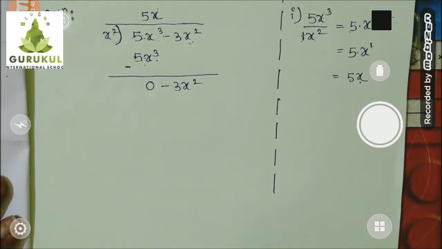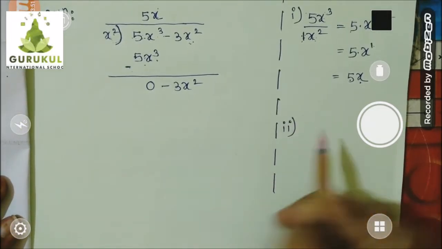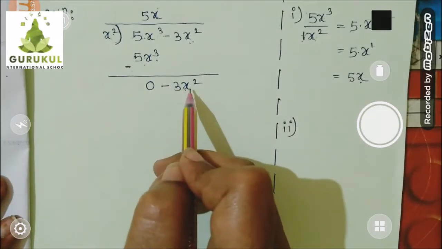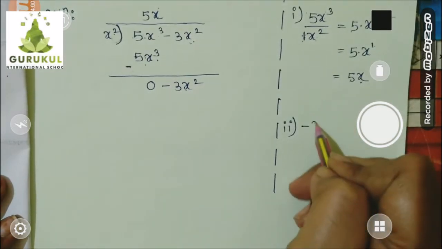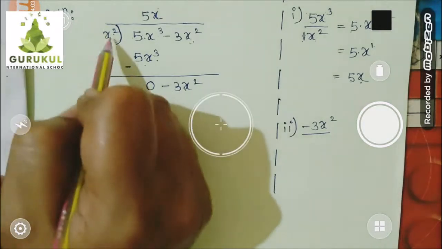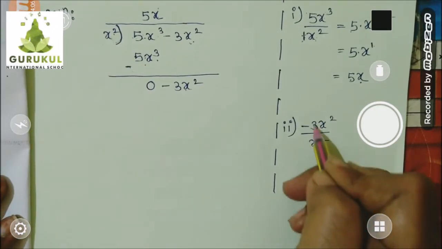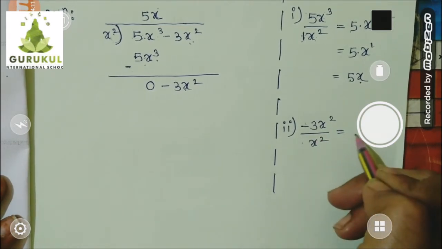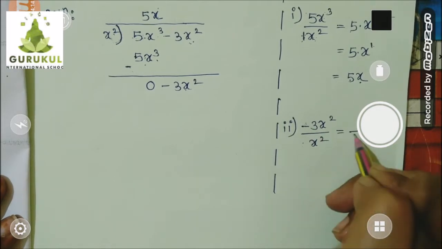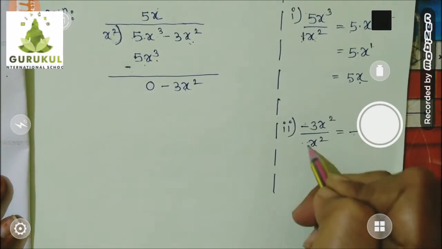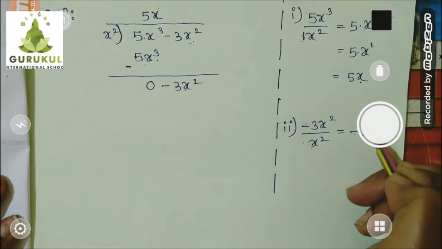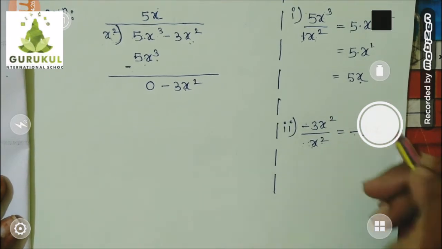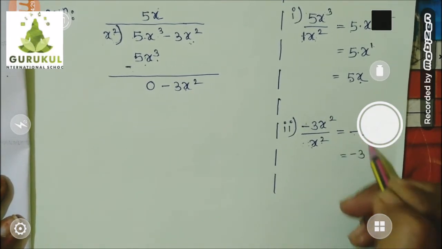Now repeat the same procedure. Children, I will put here the second number. And again, this is the only term now. So divide this term by this. So along with the sign you have to take it, remember. So I will write minus 3x square divided by x square. Again, children, number divided by number, but there is no number. Plus minus, this is plus, this is minus. Plus minus, minus. So the division of sign is plus minus minus. Division of number, only 1. 3 upon 1 means only 3. And now x, both are containing the same variable, write it down once and subtract 2 minus 2. But everyone knows minus 3, copy down.